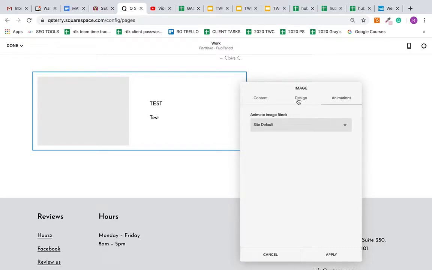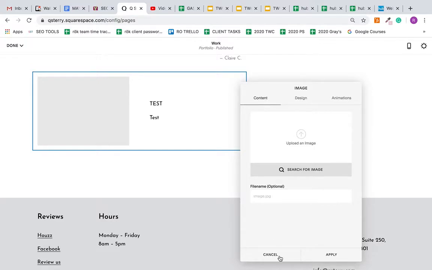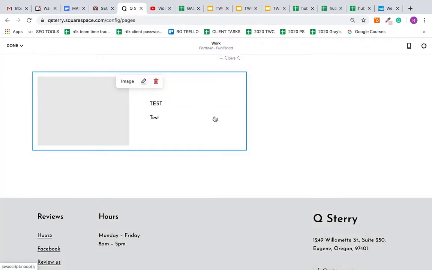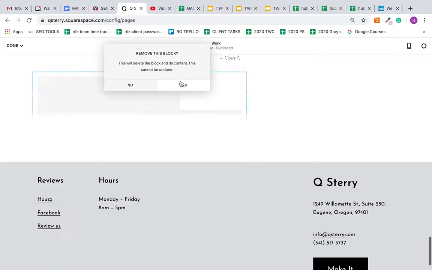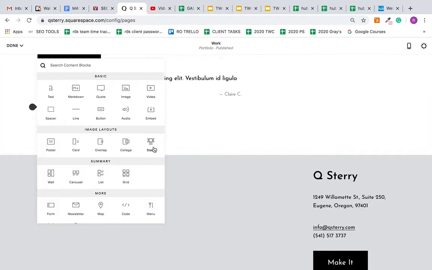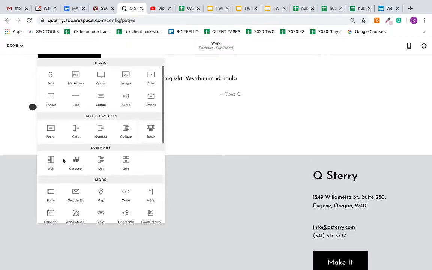There are animations. I would stay away from them just because they kind of weigh things down in terms of site load and speed. So I'm going to get rid of that block here and here. So those are all the different types of image layouts. Summary blocks